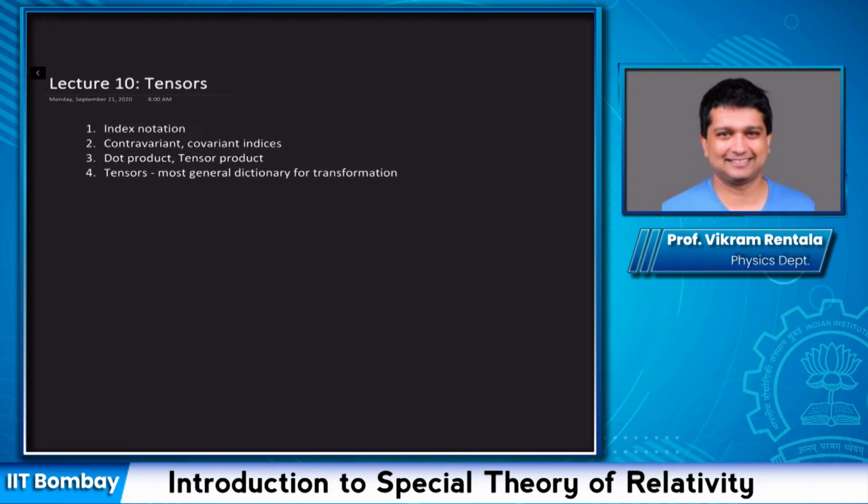So to start off, we'll first discuss the transformations of vectors or four vectors again, but using different notation than we used last time. So rather than use matrix notation, we will switch to what is known as index notation. Now, the notation is actually going to be extremely useful when we try to understand the idea of tensors. Then we'll discuss specifically the idea of what are called contravariant and covariant indices. The one important thing is that these indices do not represent different objects, but they're just a different way of